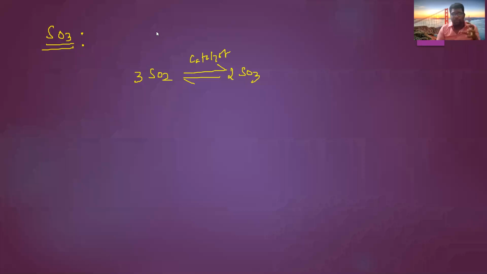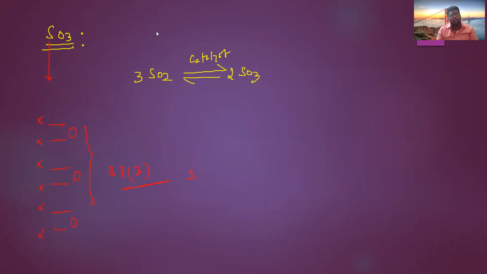What is the geometry of sulfur trioxide? Anyone? What is the geometry? Geometry means shape. Good, trigonal planar. How many bond pairs of electrons? In this sulfur trioxide, student, sulfur is in the 6th group family. How many valence electrons in the 6th group? 6 valence electrons. 1, 2, 3, 4, 5, 6. So here oxygen carries a double bond. Oxygen carries a double bond means these 3 are bond pairs of electrons only. How many bond pairs? 3.